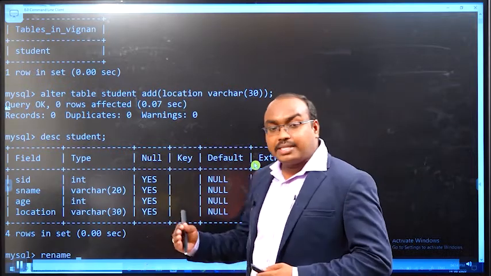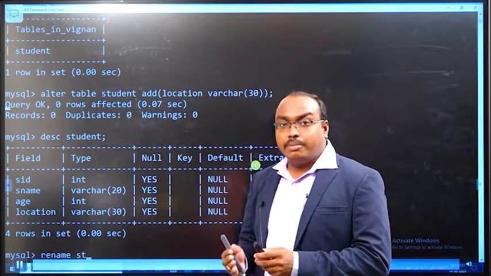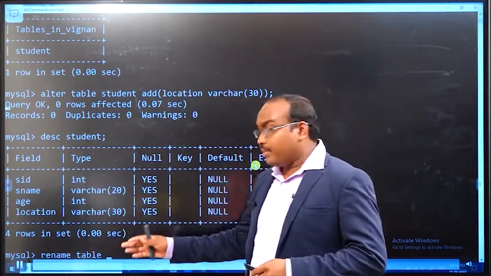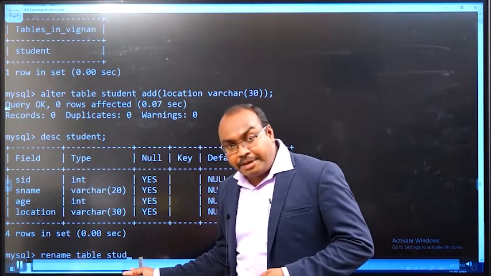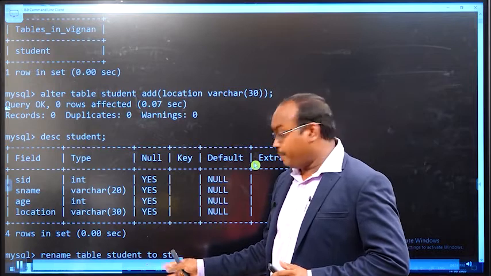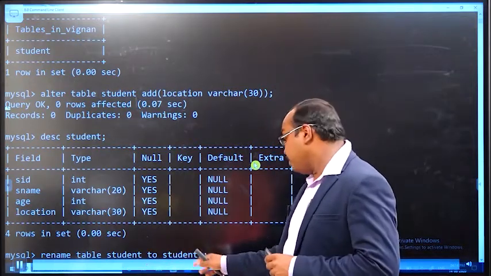And the next command is rename. I want to rename my table. The command is RENAME TABLE, old table name TO new table name. What is my old table name? Student. And the new table name is student1.